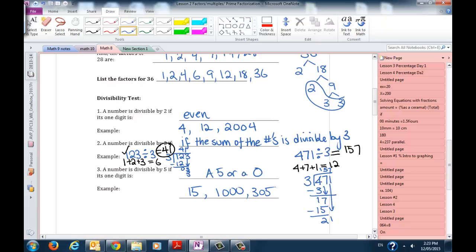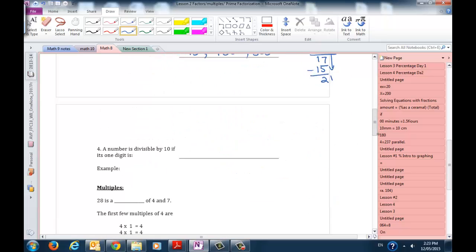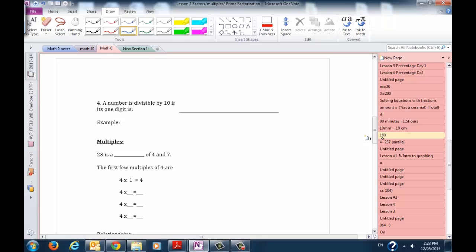305 is divisible by 5. Oops. All right, last divisibility rule. A number is divisible by 10 if its one's digit is a 0, i.e., the last digit is a 0. So 10 is divisible by 10, of course. 1,000,